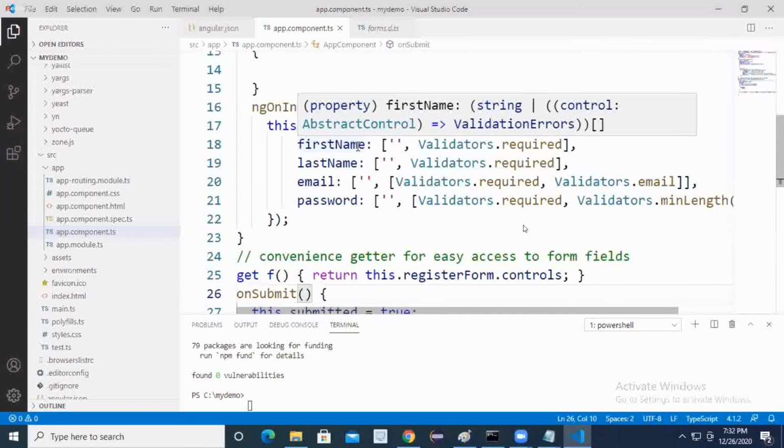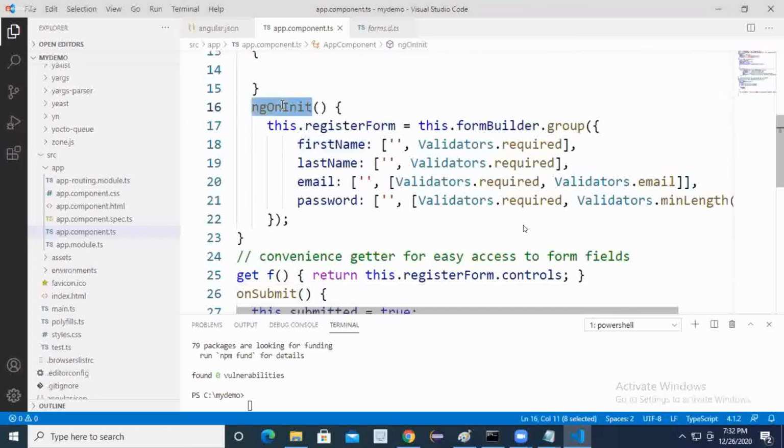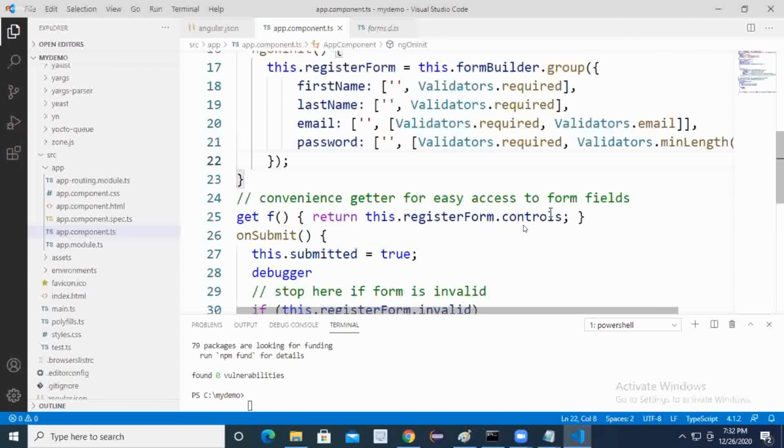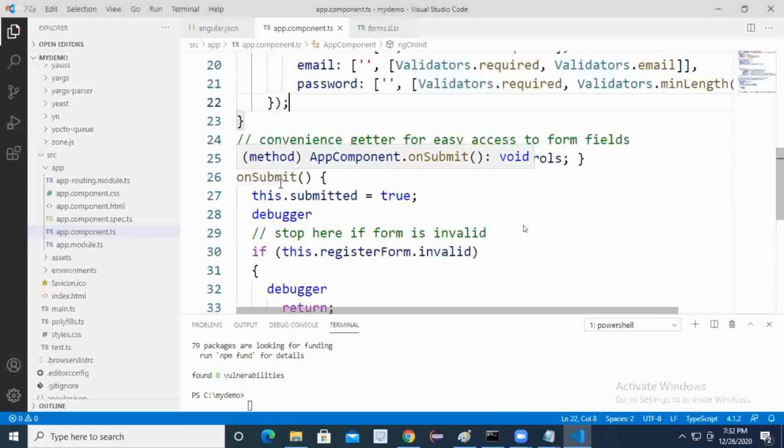There it will search for the module name, and then go to app.module.ts. There it will search for the component name. There Bootstrap will run this app.component.ts file. There it will search for HTML. HTML will execute, and then by default, which method will execute? ngOnInit method will execute, and this form builder object, form group objects are created. Yes or no?